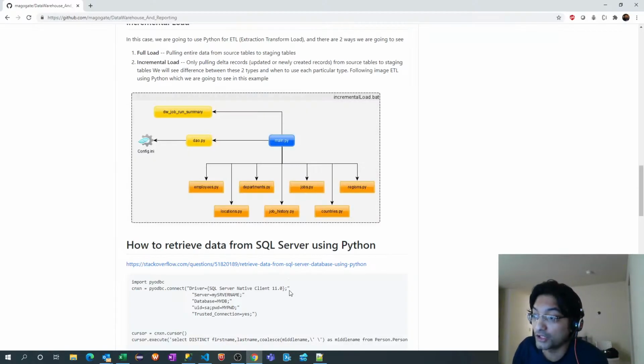So in this video, what we saw is basically we created all these remaining Python files. We pulled the records from the respective CSV files and inserted the corresponding records into a staging table, which is again in a different environment. It's not in the same OLTP database. Now in the next video we are going to see about this DW job run summary and why it is required, or even before that there are other things like exception handling and so on. We'll see that in the next video.